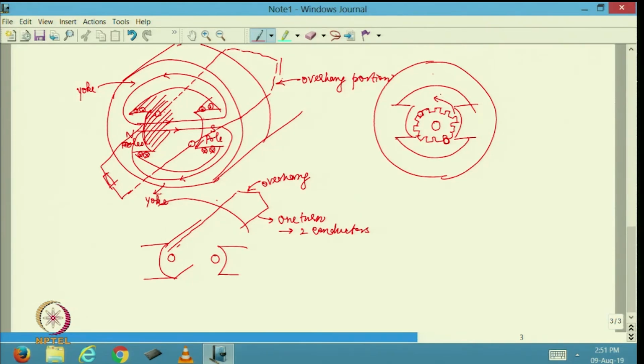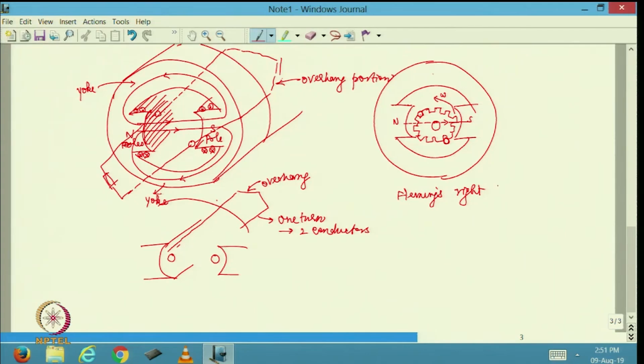So, this is the direction of rotation. Let us say the speed is omega. Okay? Now, this is the north pole and this is the south pole. So, I am going to have the magnetic field lines going like this, right? Now, Fleming's left hand rule tells me for the motor operation the torque direction, and Fleming's right hand rule essentially tells me something like this.